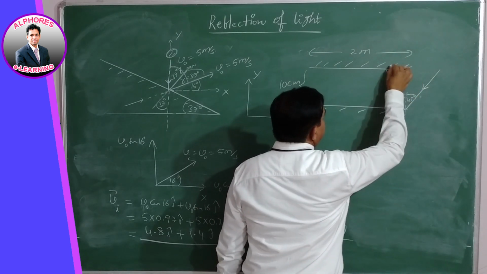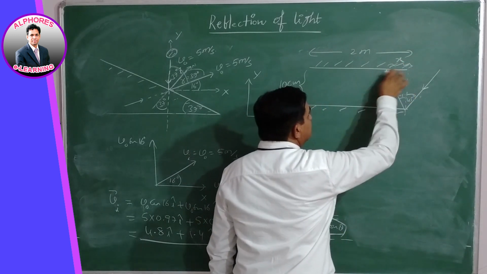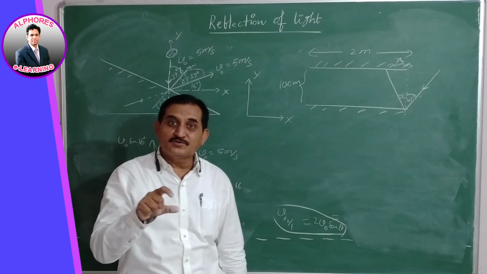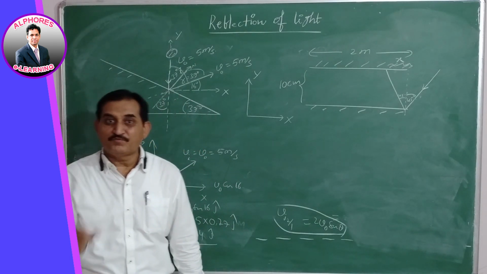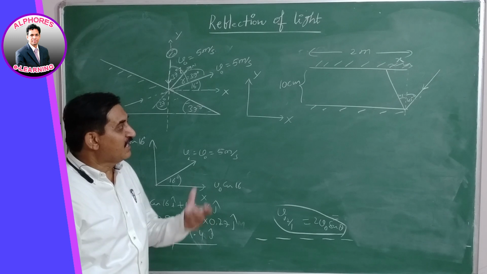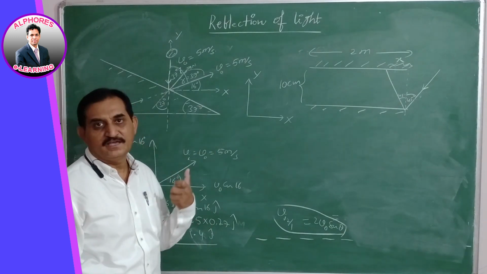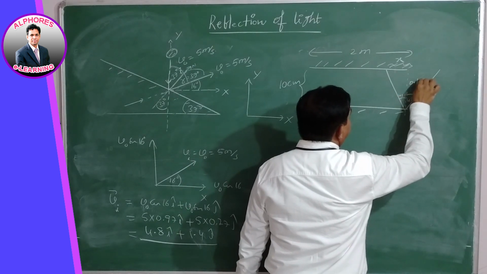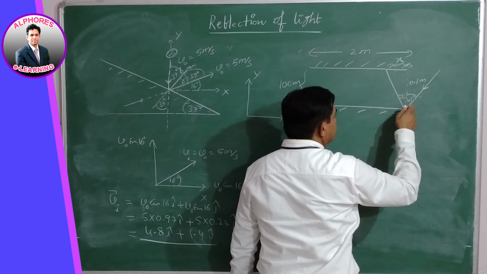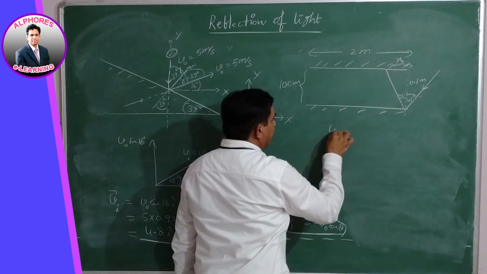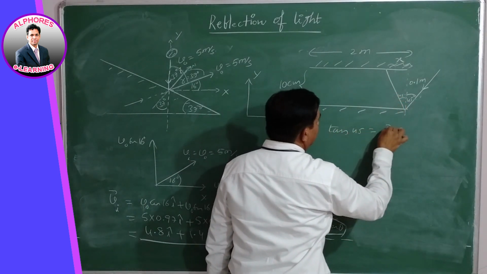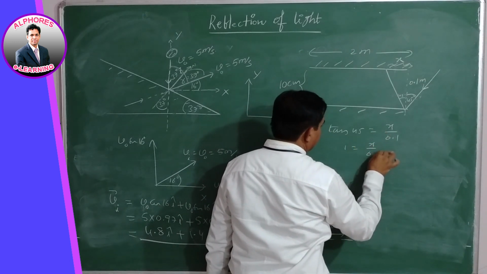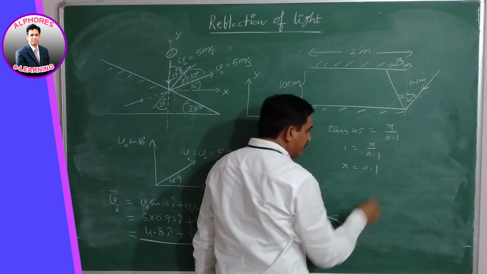Now this is say x. X is the length of the mirror which is going to be accommodated in order to get one reflection. For one reflection, how much length does the mirror accommodate? X length. And this side is 10 centimeters, meaning 0.1 meter. The opposite side and adjacent side, the angle is known. Therefore, tan 45 degree is equal to x by 0.1. So, tan 45 is 1, equal to x by 0.1. X equals 0.1 meter.